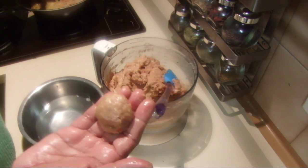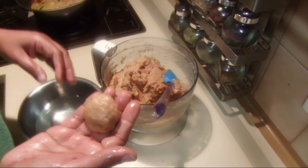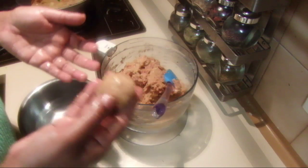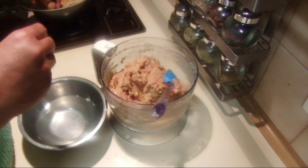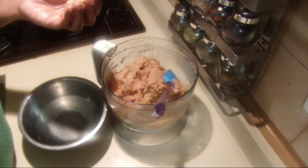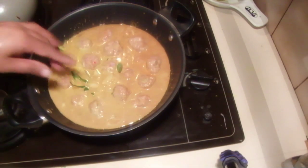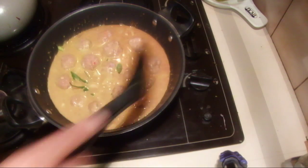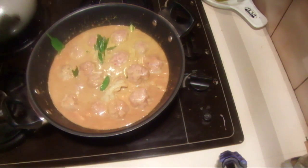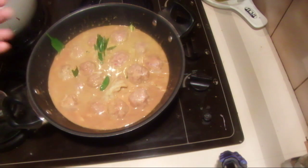So I put the coconut milk with all the spices on the stove. It's half boiling and simmering. So I'm going to add all the meatballs into the coconut milk and I'll show you after. Into the coconut milk I added the meatballs and I'm going to cook this about 10 minutes until all the